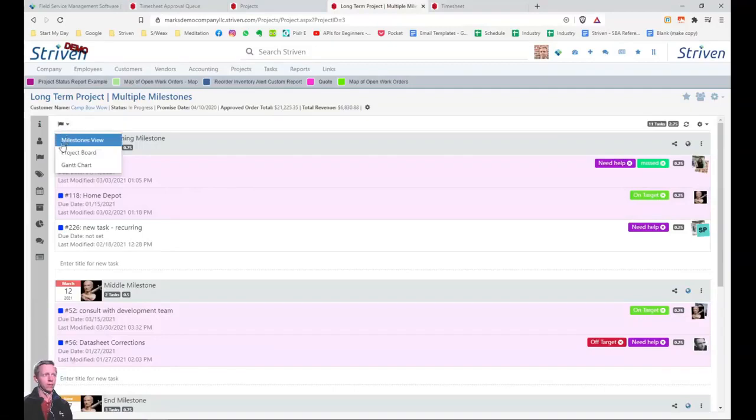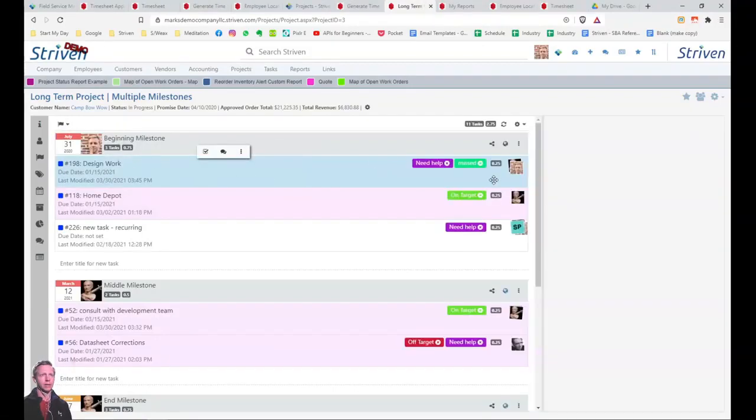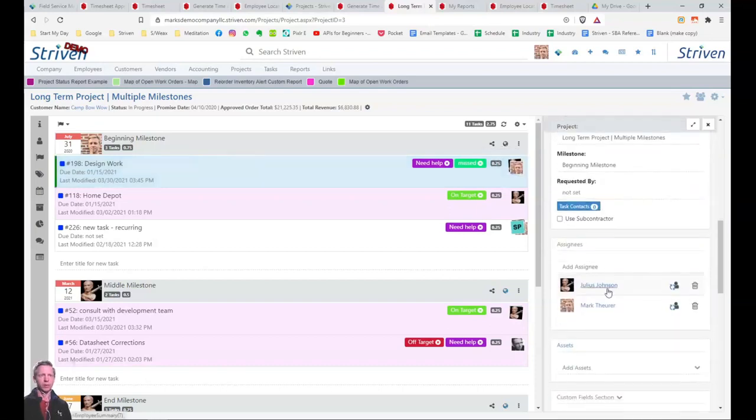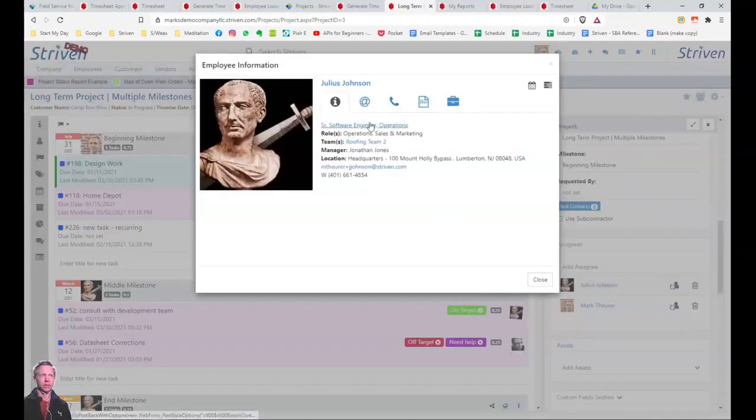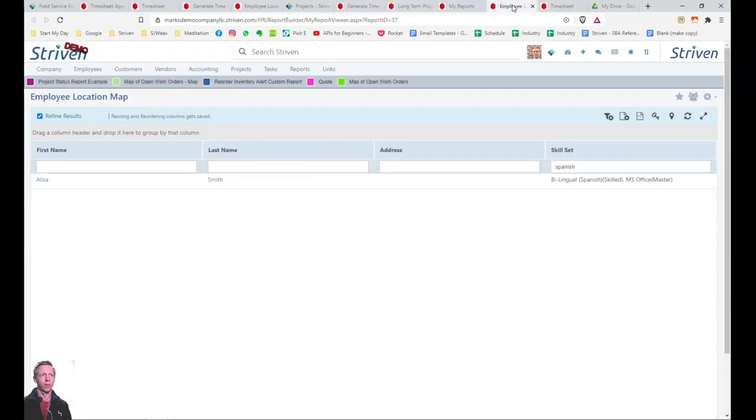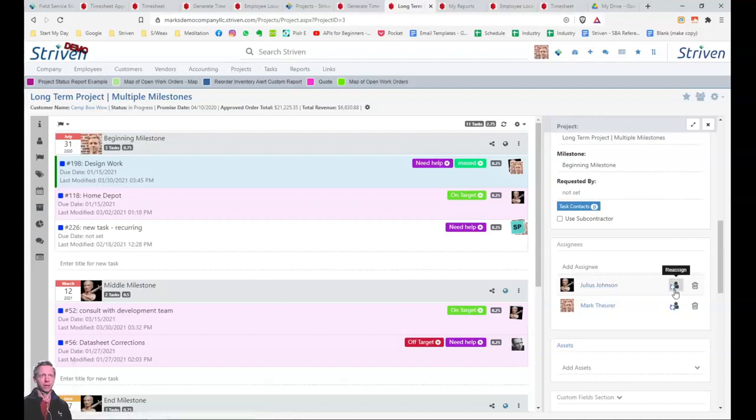Going back to our milestones view, let's stop and think: if we're going to complete this task, we've assigned it to Julius, but what if this task required somebody who could speak Spanish? Let's click on Julius's name in the assignments, where we can see some information about him, as well as his skill set. Julius doesn't have Spanish in his skill set, but what if we created a report in the system and searched specifically for all of our employees for one that could speak Spanish? And we found Elisa who can. So if I come back to the project, click Close, I can easily reassign